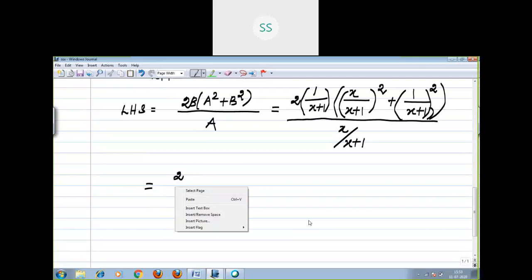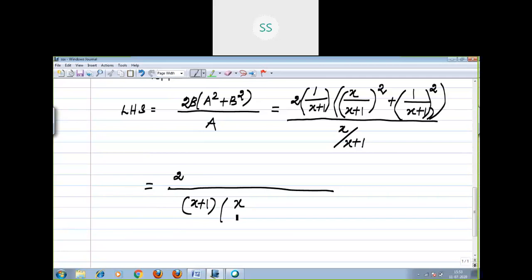2, the whole thing divided by x plus 1. In the numerator you have 1 by x plus 1. The denominator portion of that 1 by x plus 1 will come to the denominator. In the denominator, already what you have? x divided by x plus 1. So this x plus 1 cancels. Now we will pass on to the bracket. What do you see? x plus 1, x plus 1, a square plus b square. In both we have the same denominator, x plus 1 the whole square.